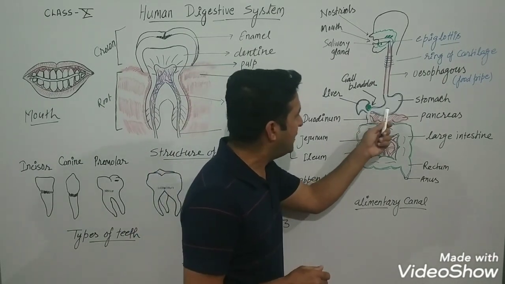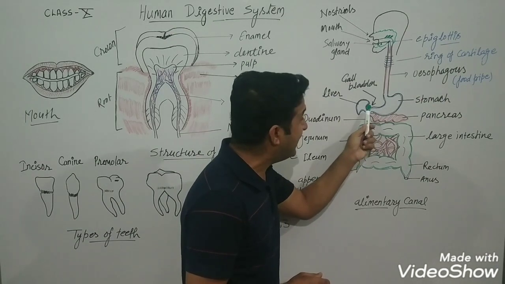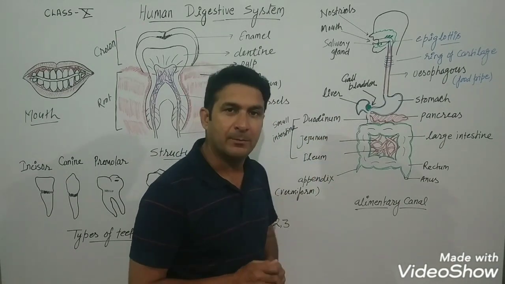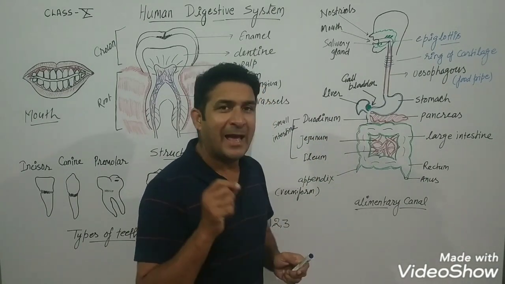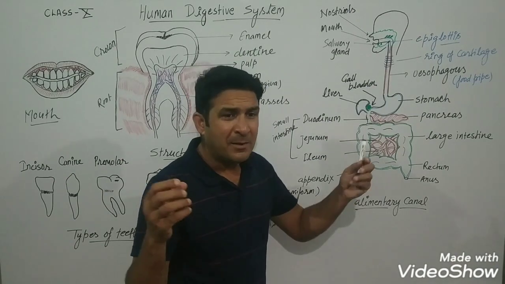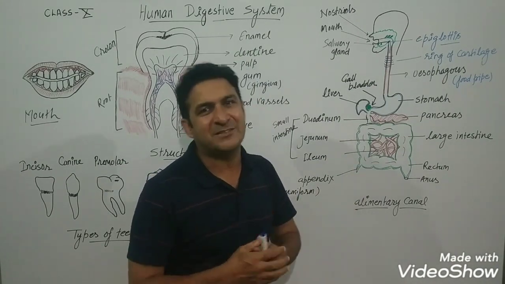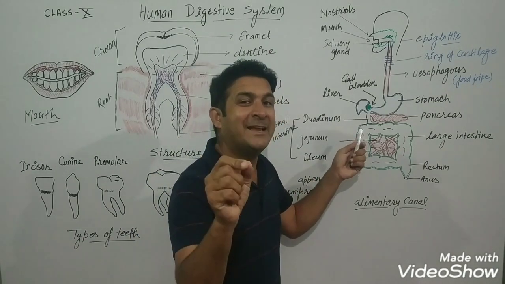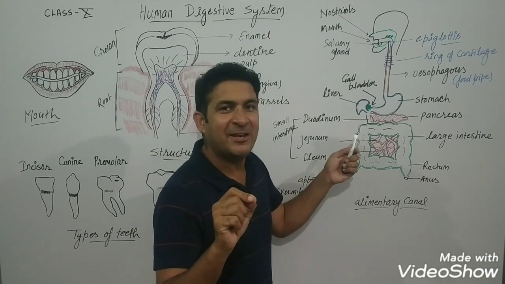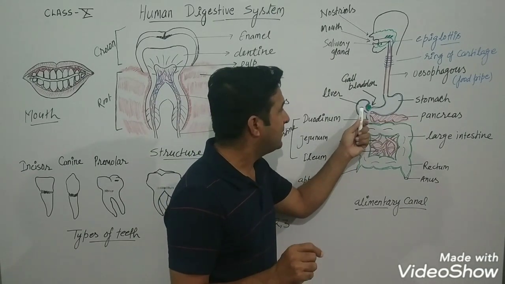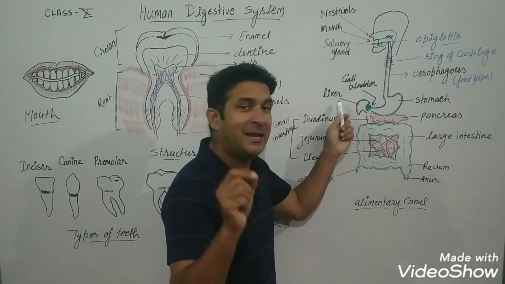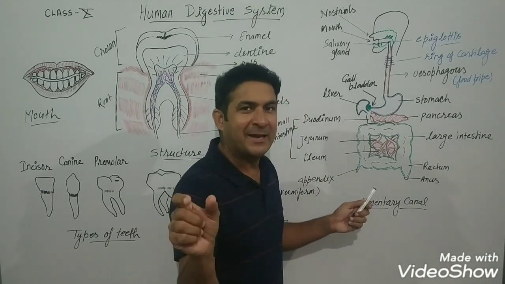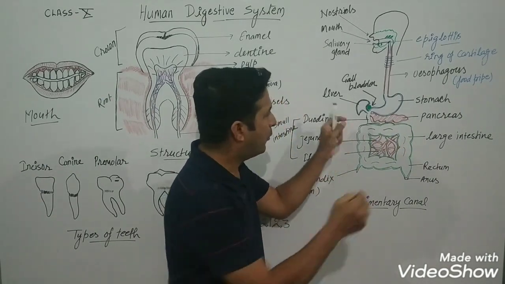After that you can see the stomach is connected with the initial part of the small intestine. This initial part of the small intestine is called the duodenum. This duodenum is actually a junction where many processes take place. The name is hepatopancreatic junction. Why is this area called the hepatopancreatic junction? Because this is the liver, which in Latin is called hepatic, and this is the pancreas. Both connect here.